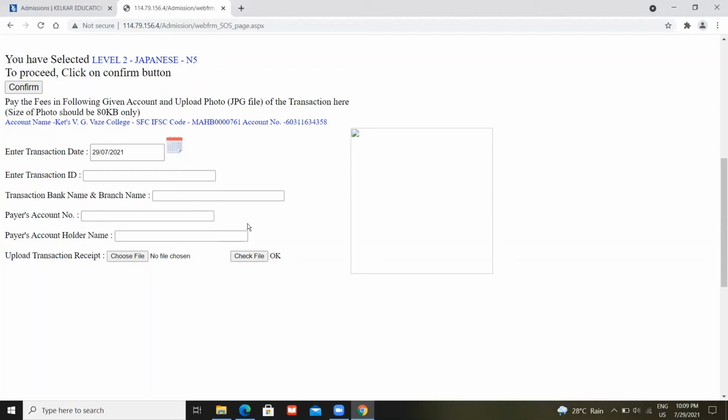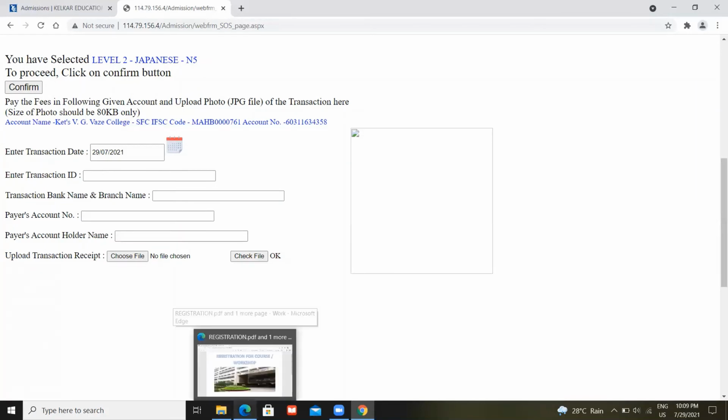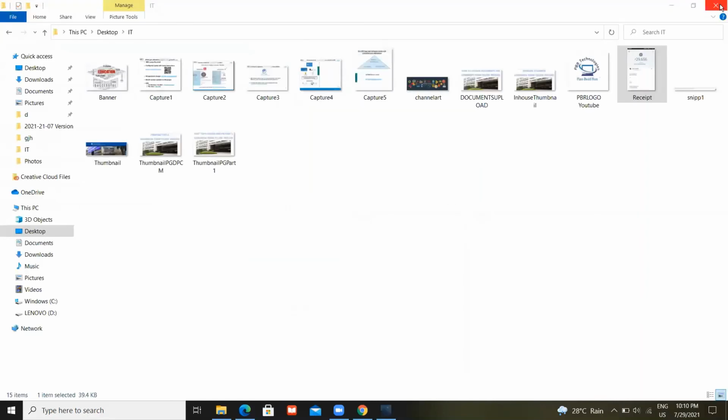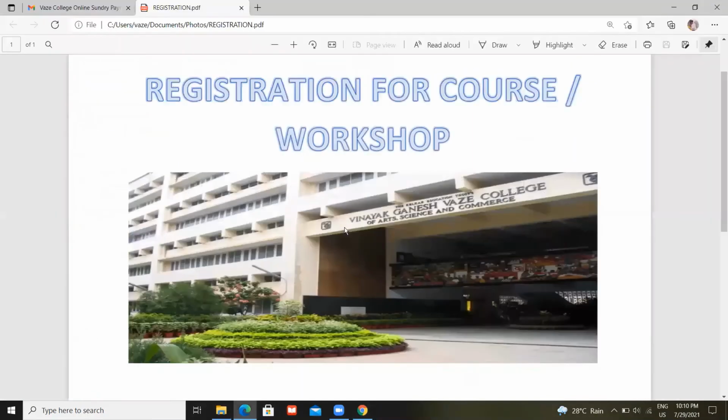I have a sample receipt with me. As you can see, this is the receipt. You will get the transaction ID over here. I have transferred the amount through Google Pay, and you will get all the details as it is. So you just have to fill all the details over there.